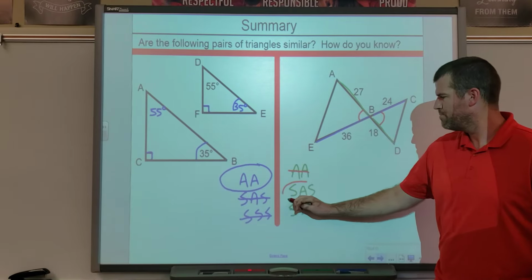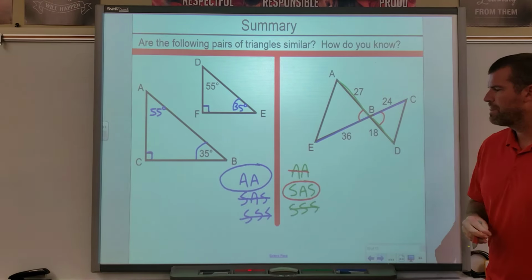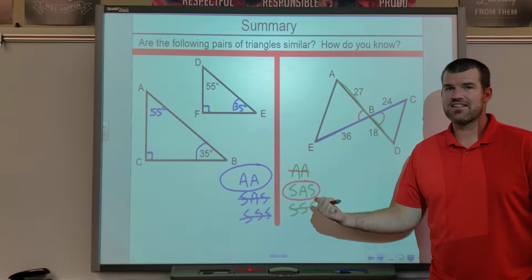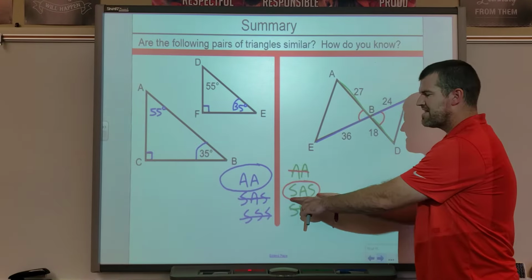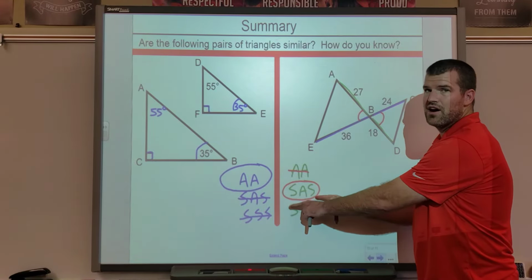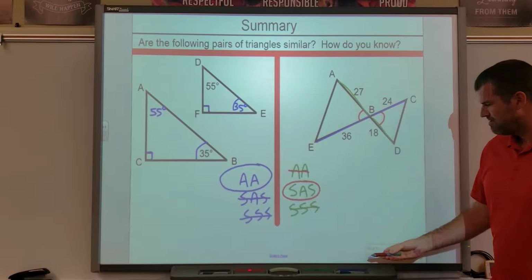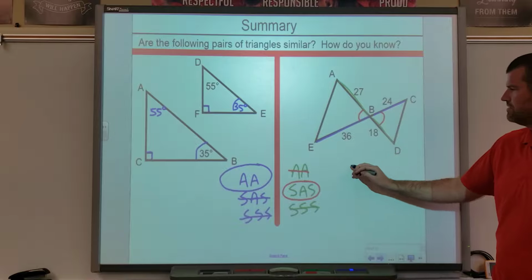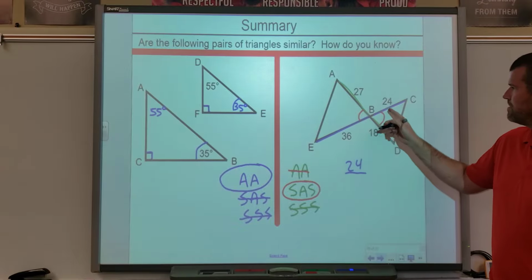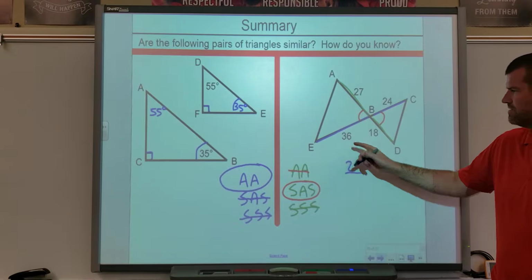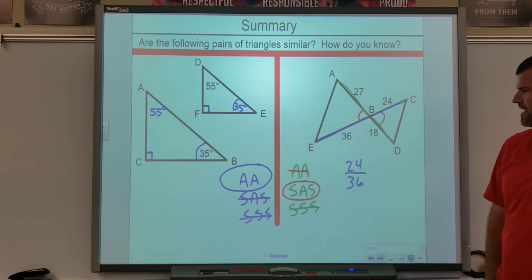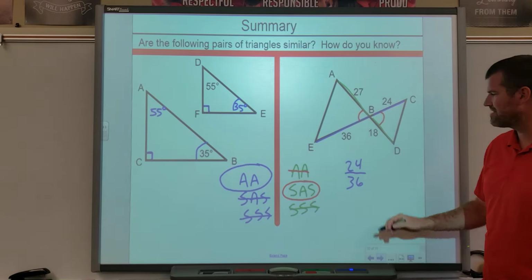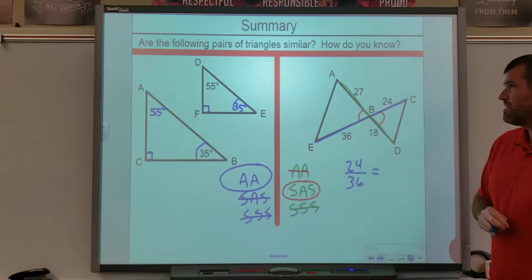So my only option is going to be side angle side. But before I can say it's side angle side, what do I have to prove about the sides? I need to prove they are proportional. So if I take the longer side of my second triangle and divide it by the original side that corresponds with it, I get 24 over 36, which if I'm doing my math correct is